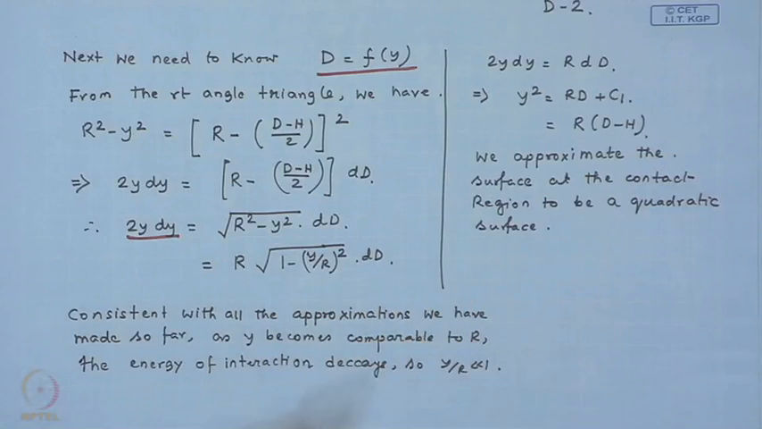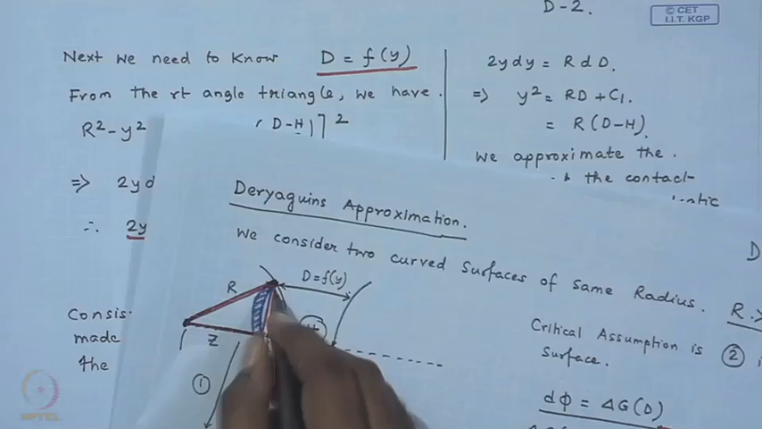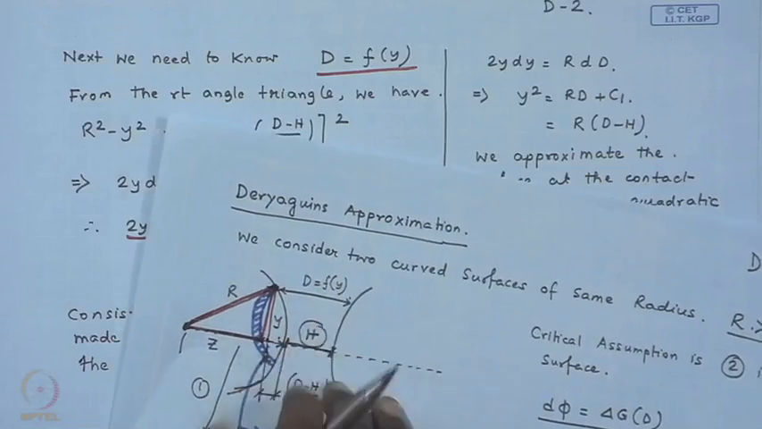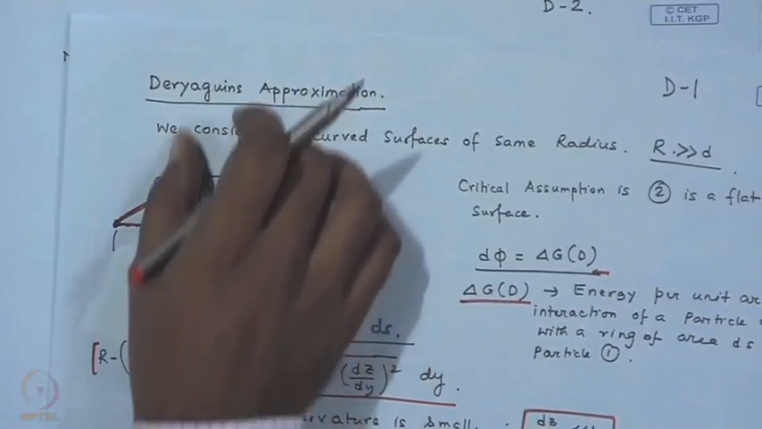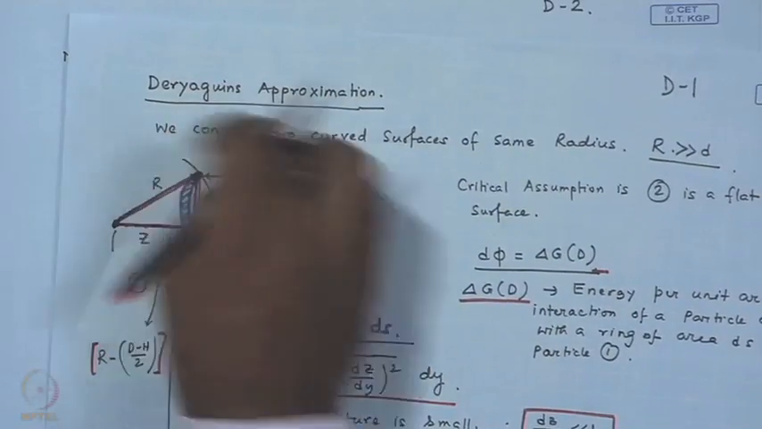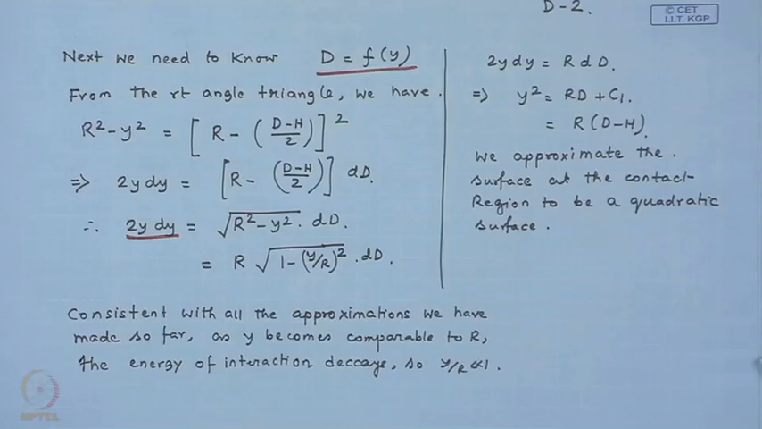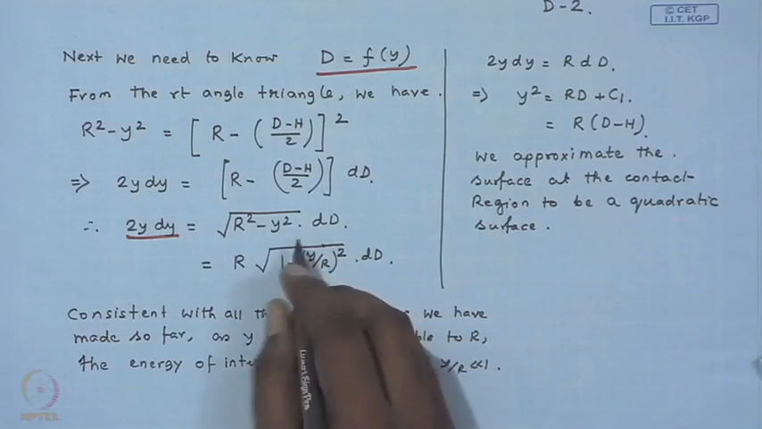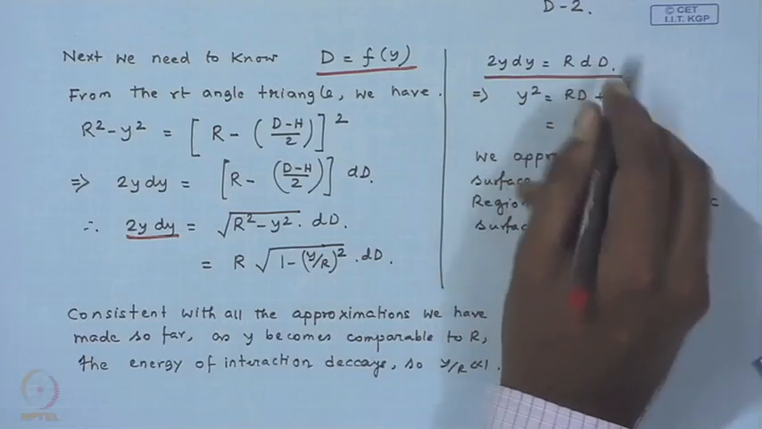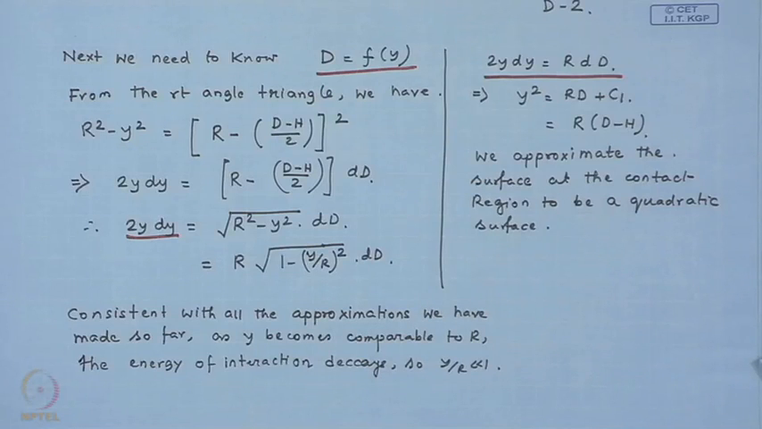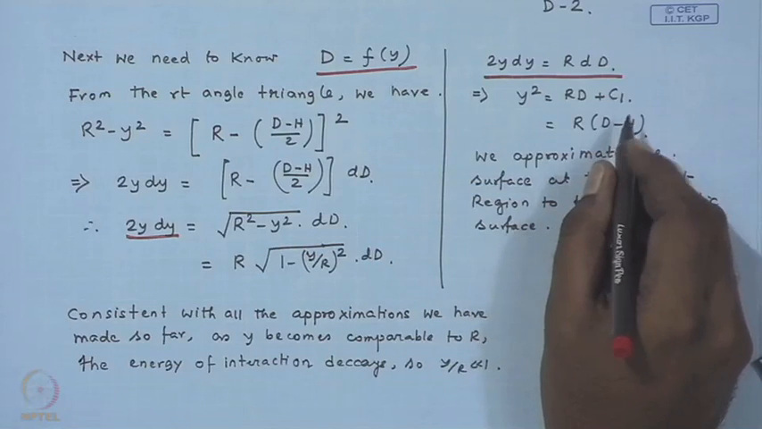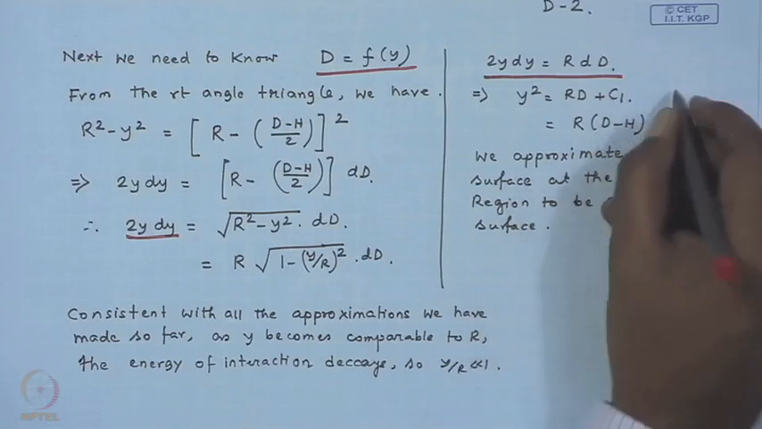Now, consistent with all the approximations we have made so far, we understand that as y becomes comparable to r, the energy of interaction decays, that is far away from this point of minimum interaction. Y becomes comparable to r, that is, y is large. So, you are essentially talking about these zones where the interaction decays, and therefore, we neglect this particular term and write that 2 y dy is equal to r into dd, and upon integration and substitution of the constants of integration